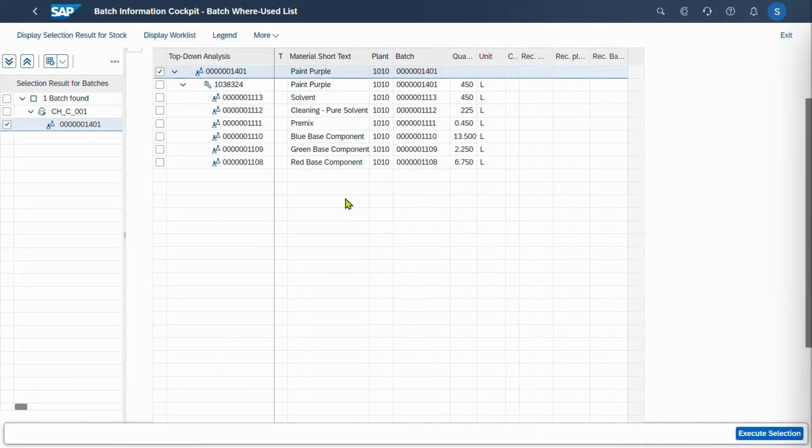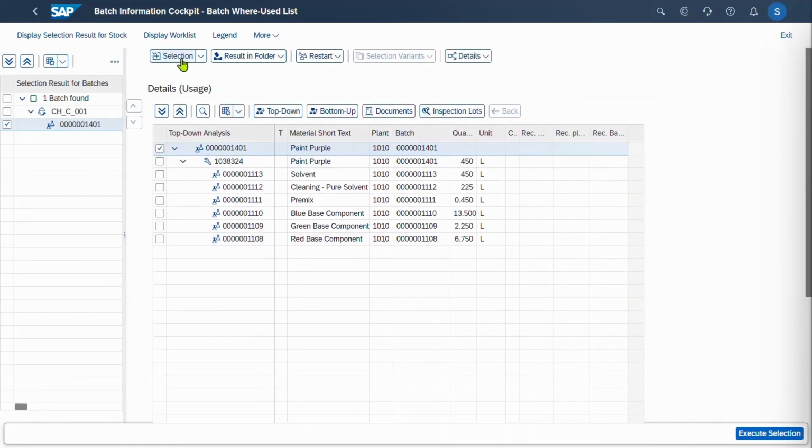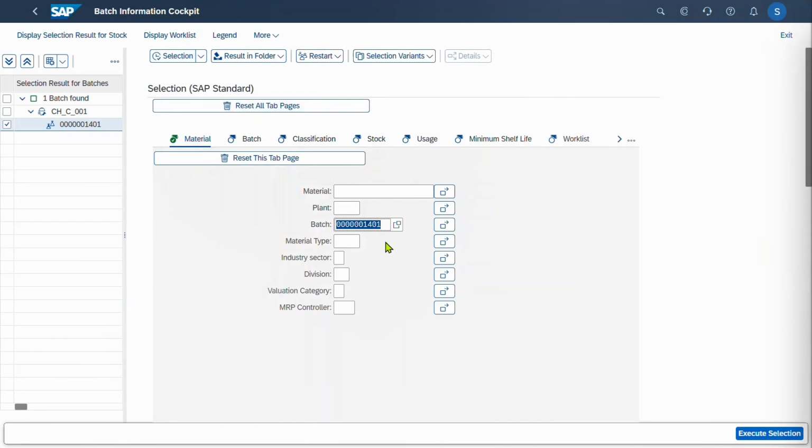So you can trace further down. Even if you had a transaction for a purchase order to a supplier, you could trace back down to that particular point. And now I'll look at another batch that I created earlier, and this one will show the actual dispatching to a customer. So let's select the batch,